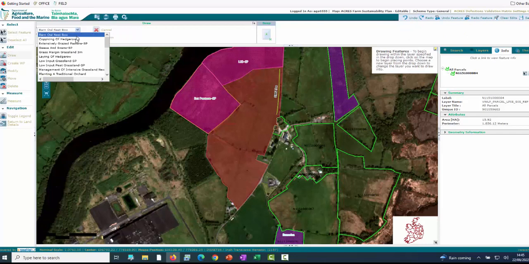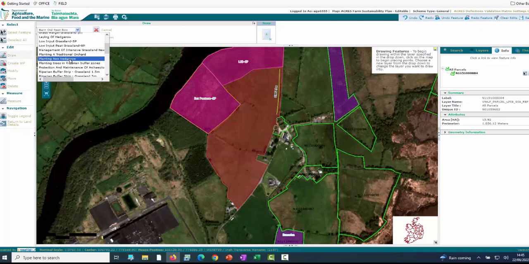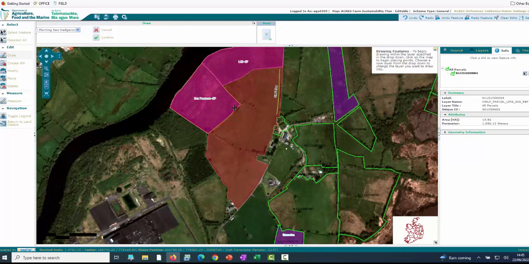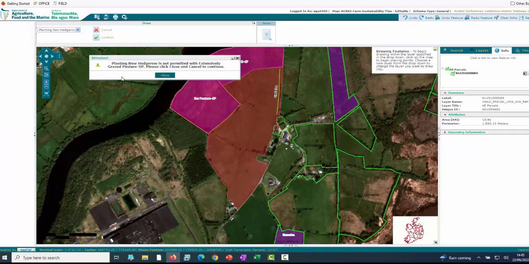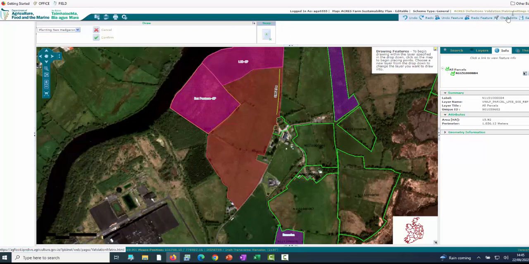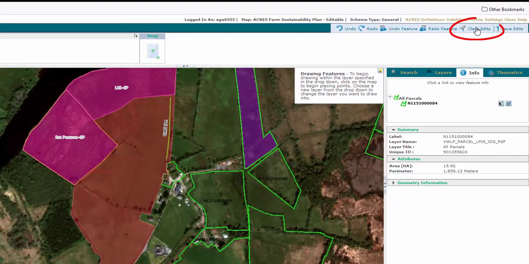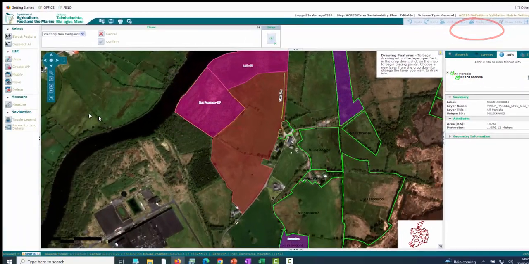select draw, it still gives you all available actions, but if we try to put a planting new hedge in this split here and go to save, it won't allow, as it's not permitted on the area-based action extensively grazed. So you can just close that, and if you hit clear edits, it just brings back your menu here on the left hand side, whereas if you draw the hedge down here where it's not intersecting with another area action,